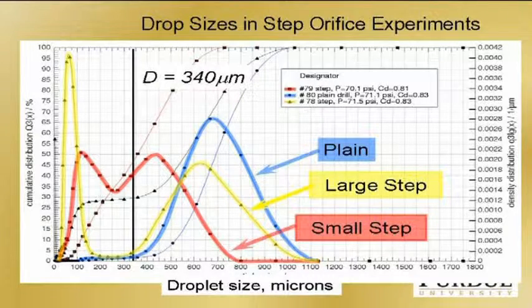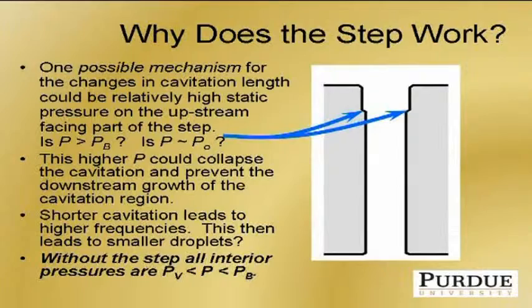And other things that would go on with this is the imaging work would show that indeed this step is limiting cavitation to the region above it. And an unexpected thing that came out of this was also that, this is what I was starting to talk to, that the upstream facing step makes a little high pressure region, collapses cavitation, prevents the downstream growth. The shorter cavitation region seems to oscillate faster, creates higher frequency structures shed into the boundary layers, which then affect what's going on out here. All right, so